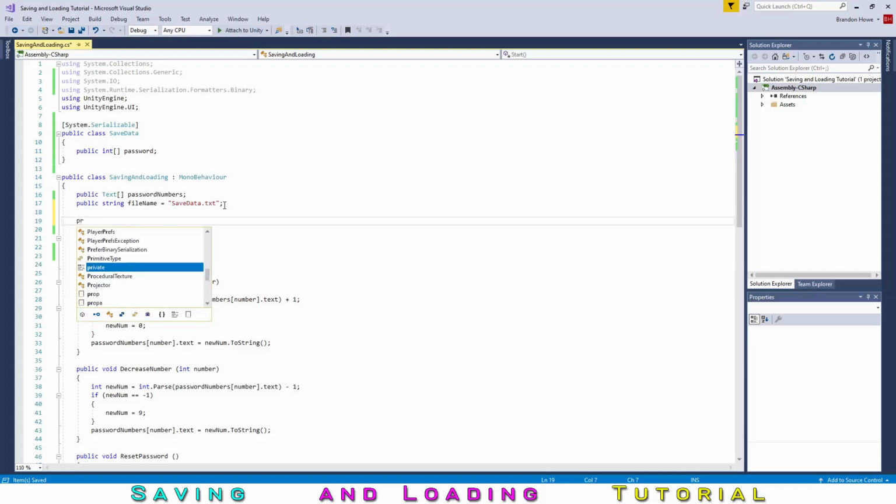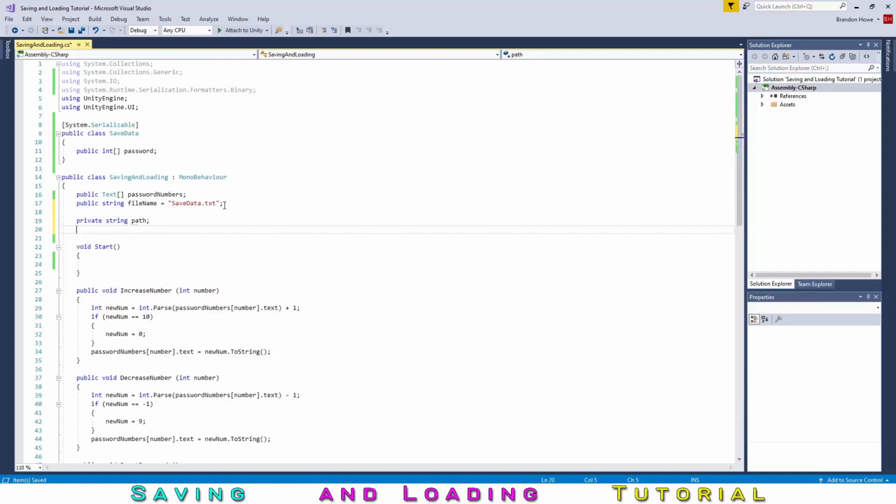Now, for now, we're going to be making a private string, and we're just going to call it path, and we're going to be defining it in Start, which is going to be the actual place where we're storing it on the computer. The next thing that we're going to need is